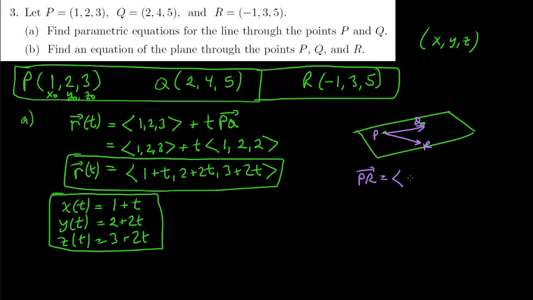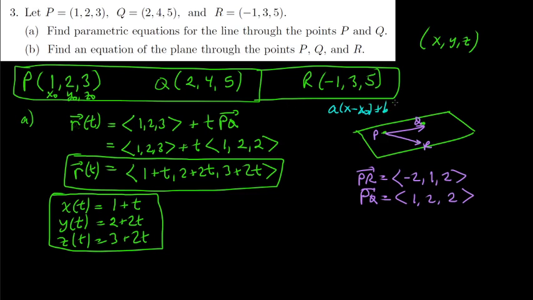And so that's going to be negative 1 minus 1, so negative 2. 3 minus 2 is 1, and 5 minus 3 is 2. Okay, so both PQ and PR, well, I guess I'll write down PQ again, 1, 2, 2. Both of these vectors lie in the plane, but in order to get the equation of the plane,